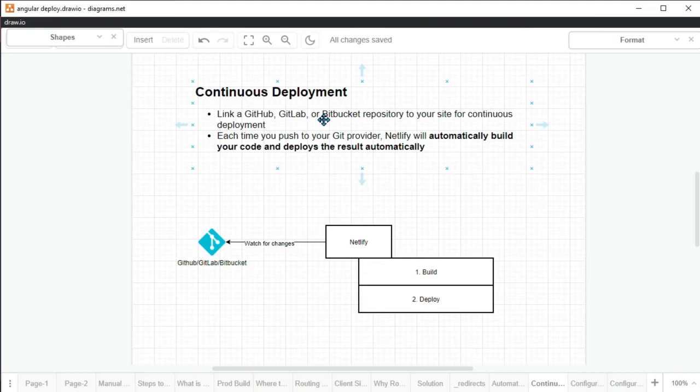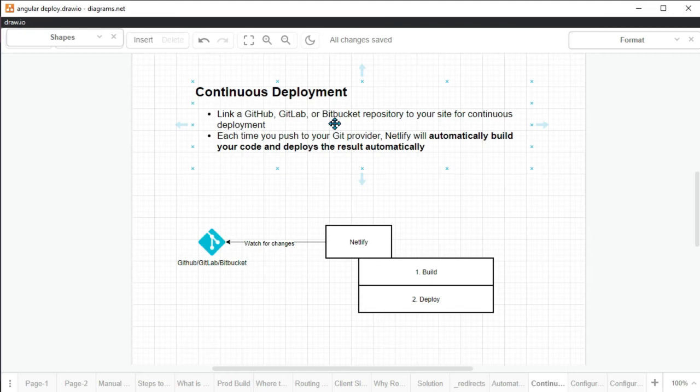Suppose you don't know about Git, I heavily recommend you to watch one of the crash courses on Git and GitHub, because that knowledge is core knowledge that any developer should have. This video is not about Git, so if you don't have any idea about Git, learn it from some crash course. Okay, let's come back to our topic.